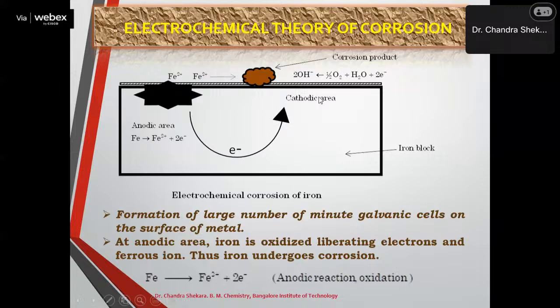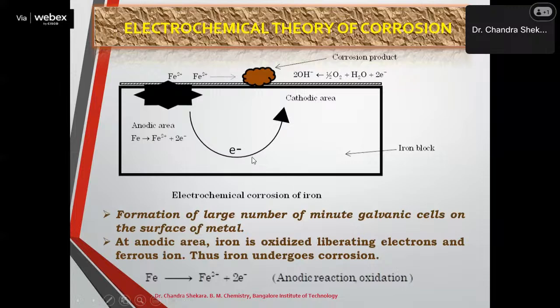Reaction occurs spontaneously only when there is a difference in potential between oxidation and reduction. And again there, rate of reaction depends upon the magnitude of difference in potential between anodic reaction and the cathodic reaction. Higher the difference in potential, higher will be the rate of corrosion, rate of redox reaction. Now with this particular basic knowledge about nature of the redox reaction, we shall try to understand the mechanism of corrosion by electrochemical theory of corrosion.